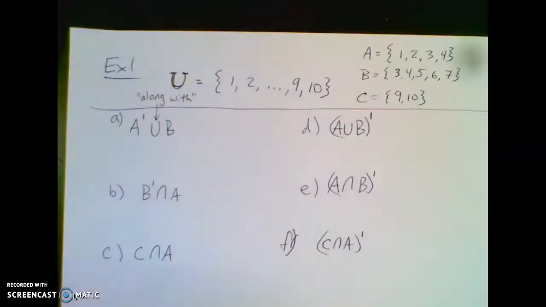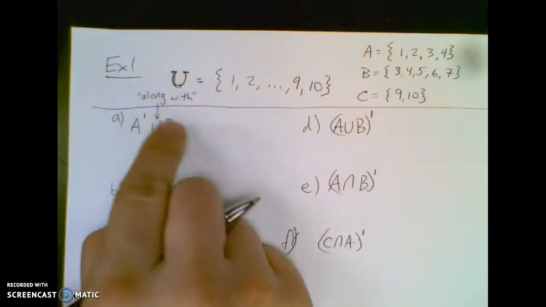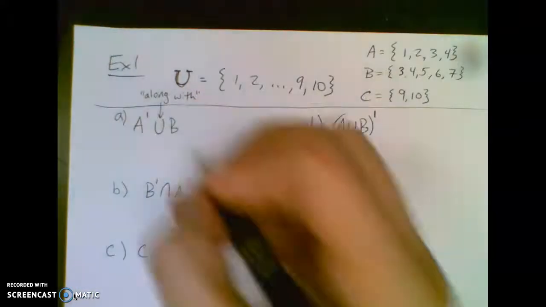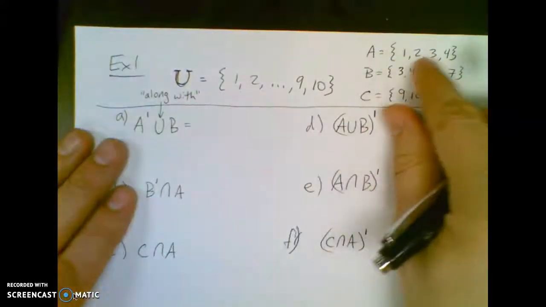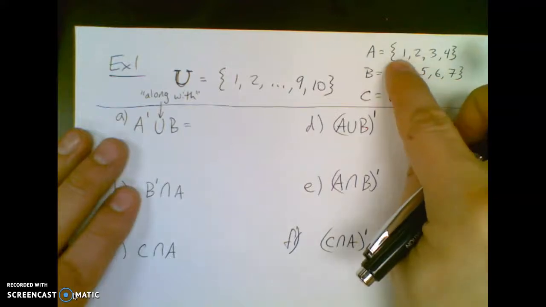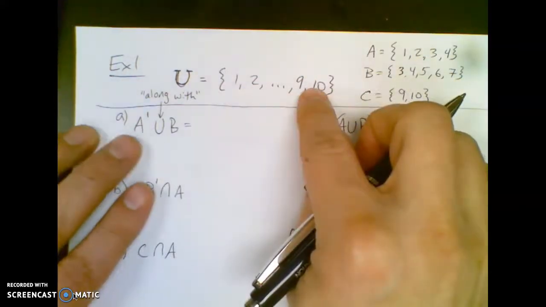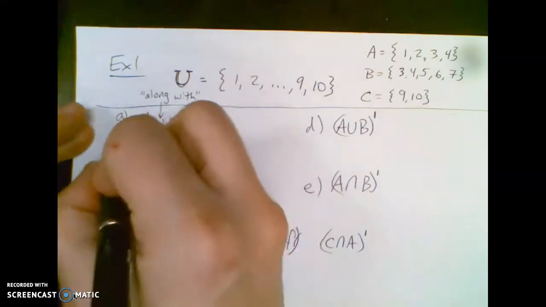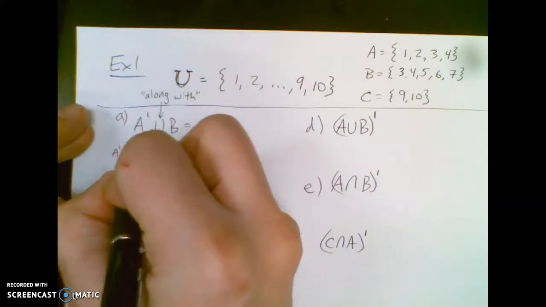That's how I want you to think of a union. Everything that's in A naught along with everything that's in B is going to be my final set. Okay? So if it helps you, some people can do this in their brain. They can say, okay, here's A, 1, 2, 3, 4, and here's my universe, so I can know what's in A naught. But if it helps you to write it down, especially when you first start doing these,